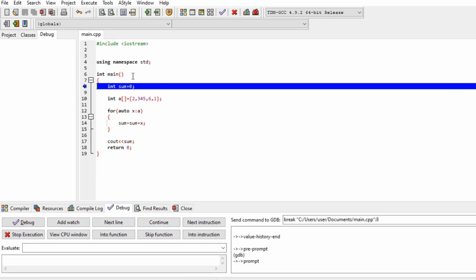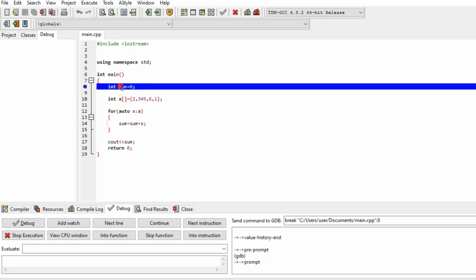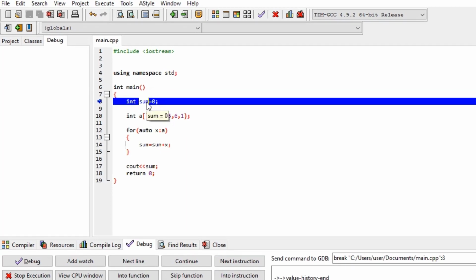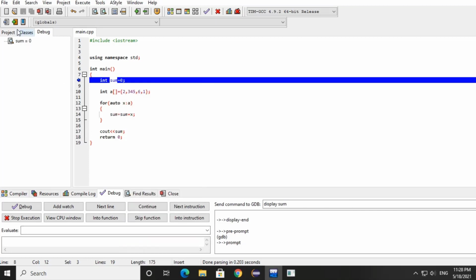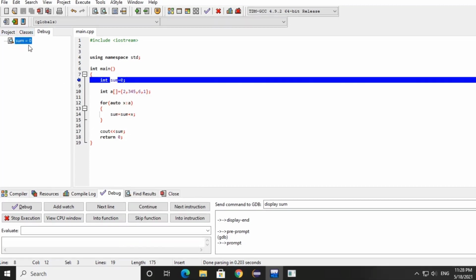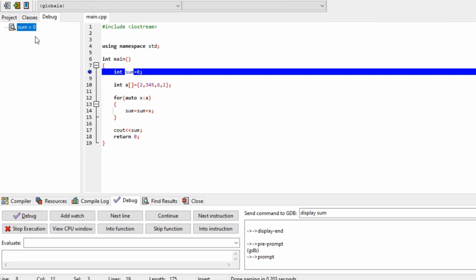Now we have to watch all the variables, whether they are incrementing or not. Firstly I want to see the sum variable. Select sum, right click and use Add to Watch. On the left side you can see sum is equal to 0. Initially the sum variable is 0.